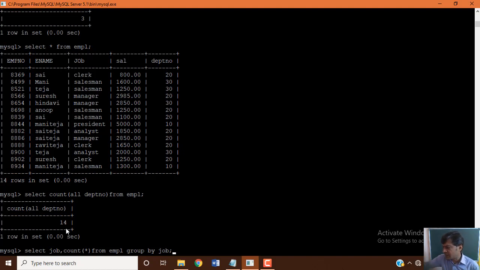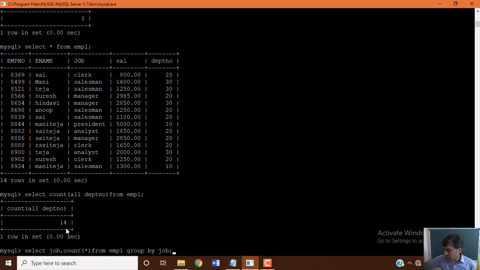The group by clause combines all those records that have identical values in a particular field or a group of fields. This grouping results in one summary record per group if group functions are used with it. In other words, the group by clause is used in select statements to divide the table into groups.